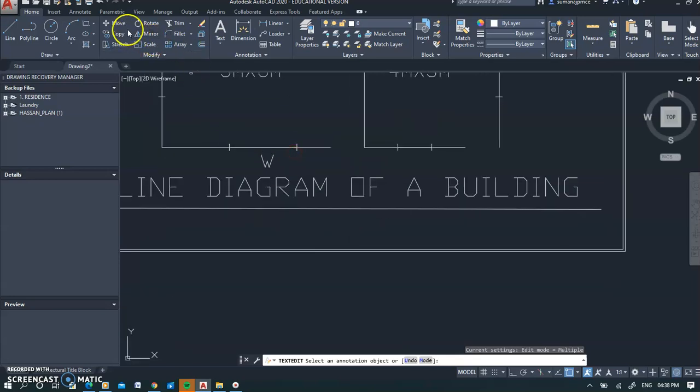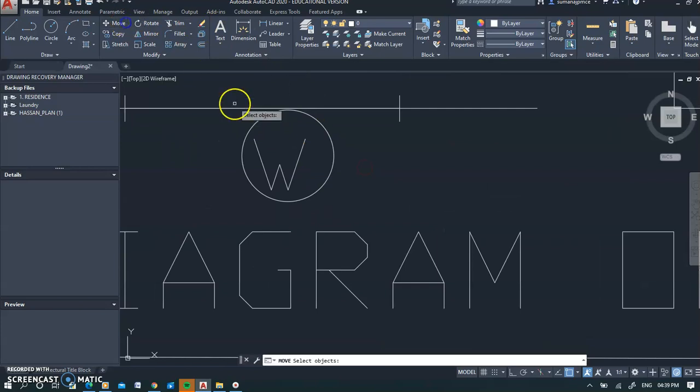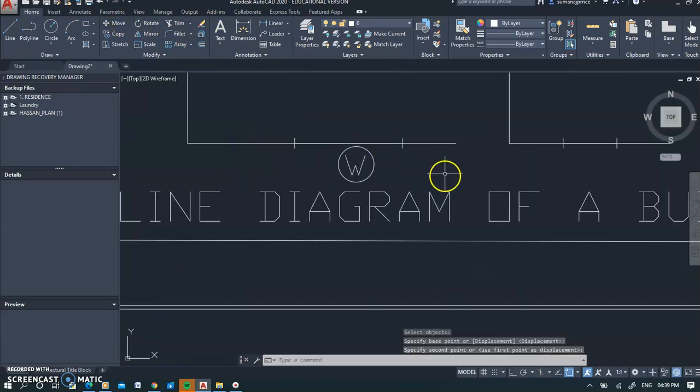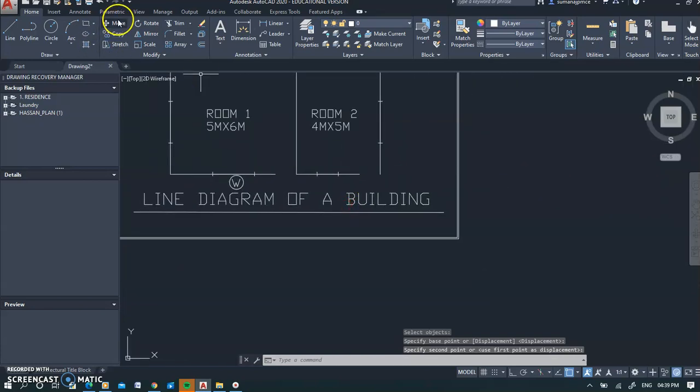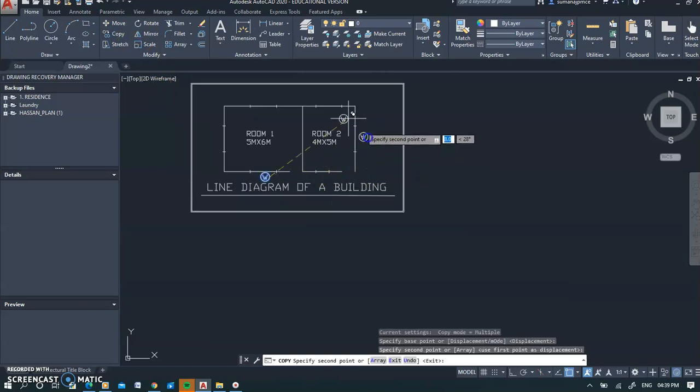And if I want to draw a small circle, sometimes you want to do that. Okay, you zoom in and just correct it. You move that circle to correct it to that W, make it neat, and then keep copying the W and the circle together. See, I copy the W and the circle together, right click to wherever I want. How many W's we have, just keep putting it here.